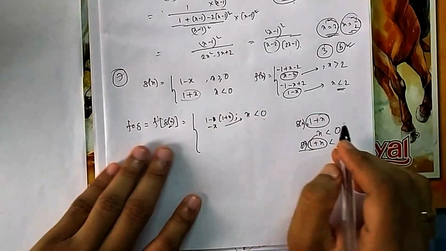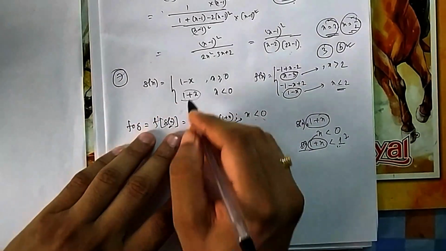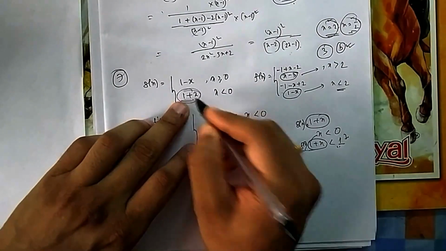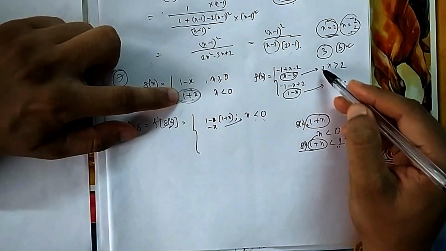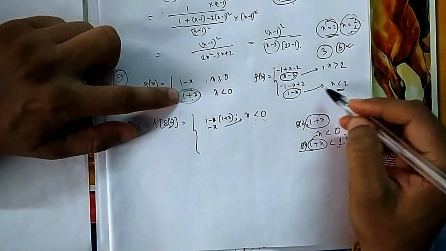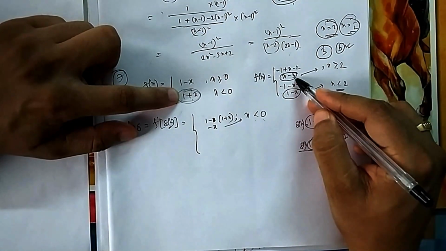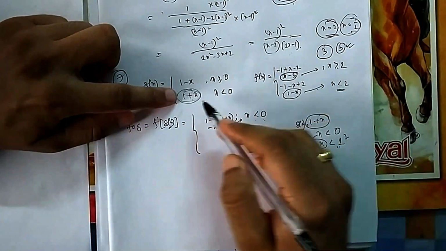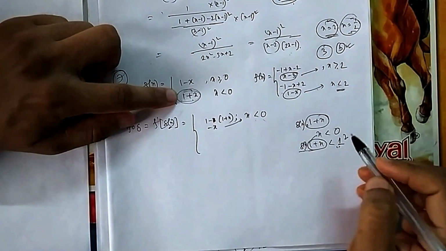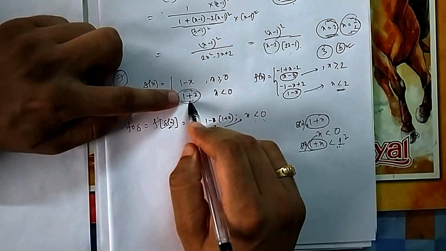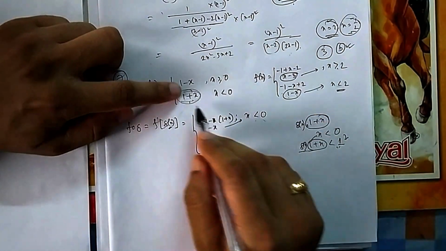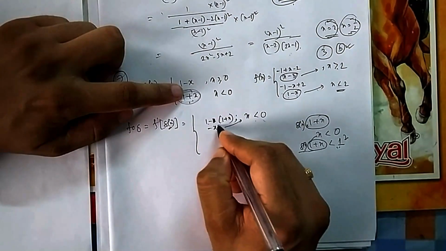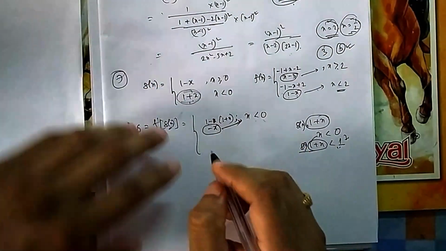So now you got it. Now f takes this as input, but f again eats in two different ways. If it is less than 2, then it will eat in this way. If it is greater than 2, it will eat in this way. This we have seen, this is less than 1, so that's why f will eat this one in this fashion. So what is the fashion? 1 minus input. What is the input? g. So this is minus x, fog.